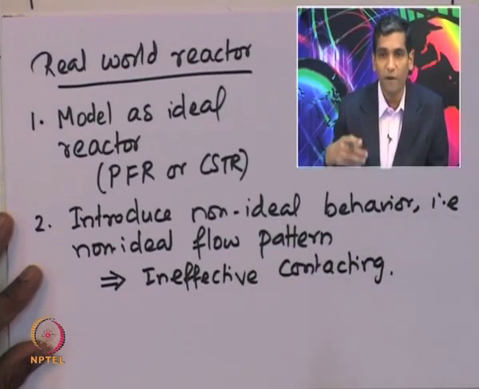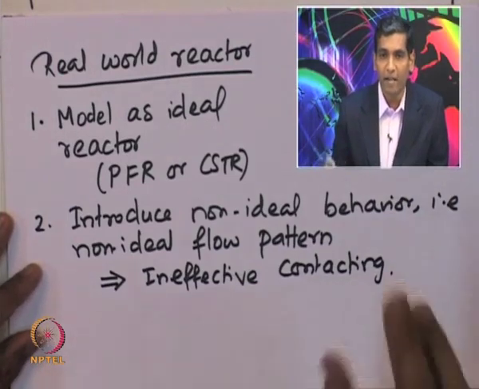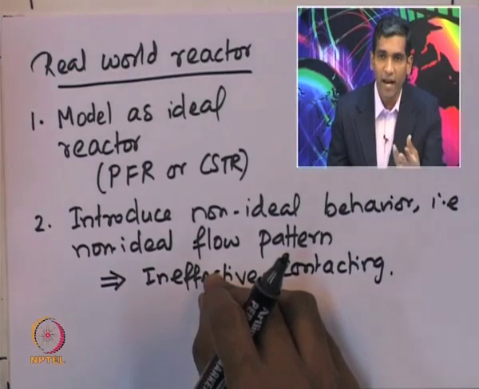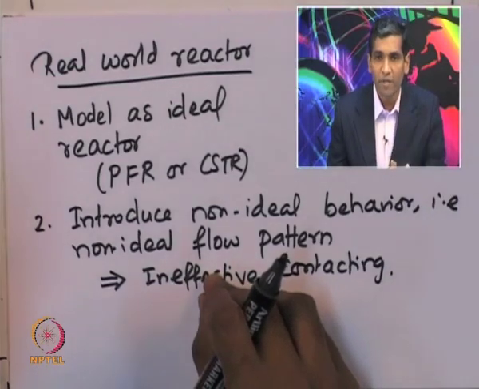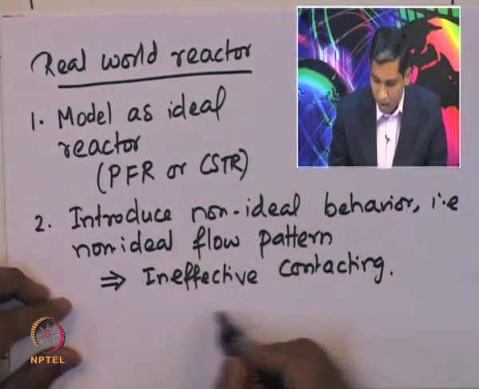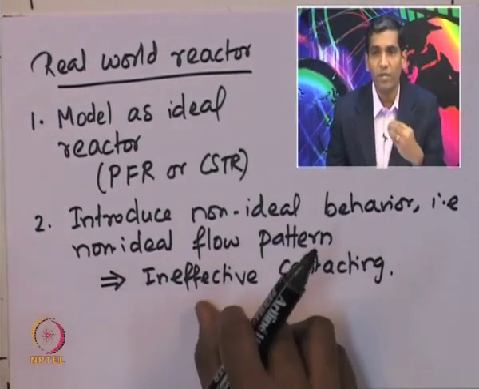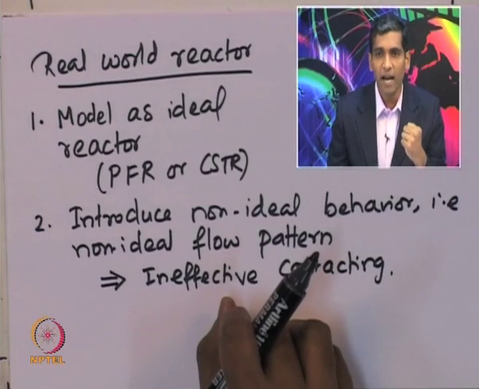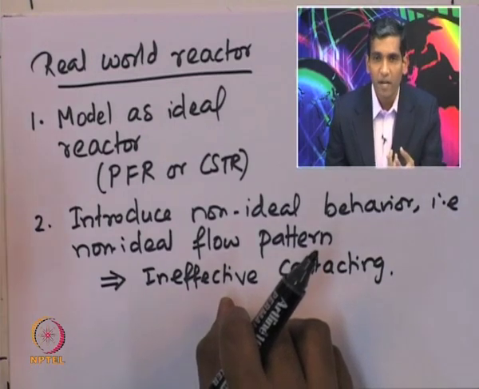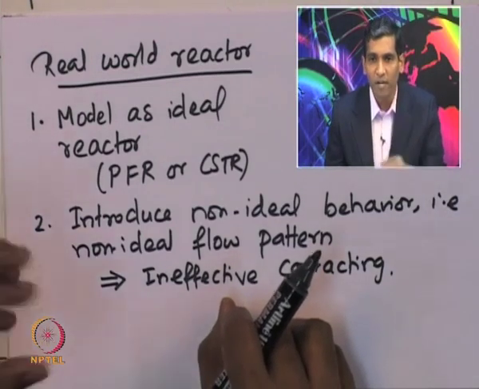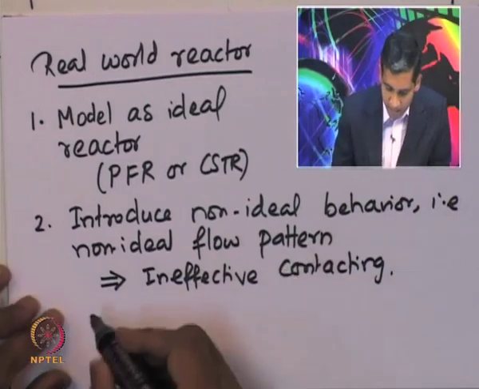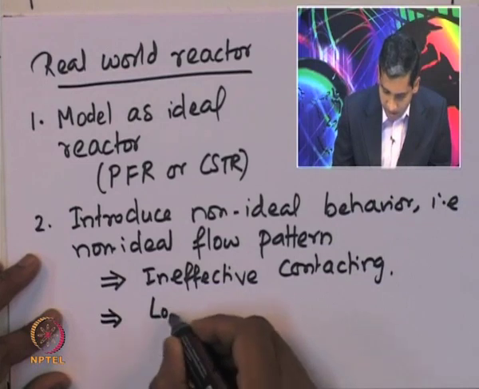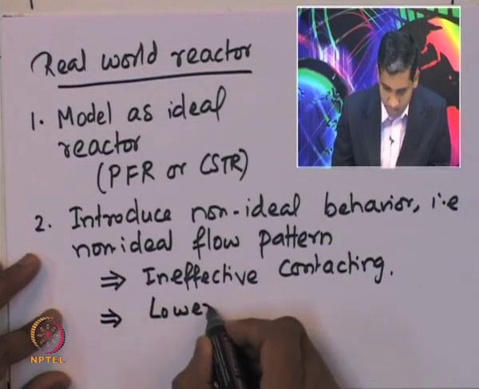For example, let us take the packed bed reactor case: some of the fluid enters and leaves the reactor immediately because of the channeling effect, and so the contact that this fluid stream has with the catalyst particles present inside the reactor is not very effective. Therefore, one needs to account for such ineffective contacting, and also for low conversion